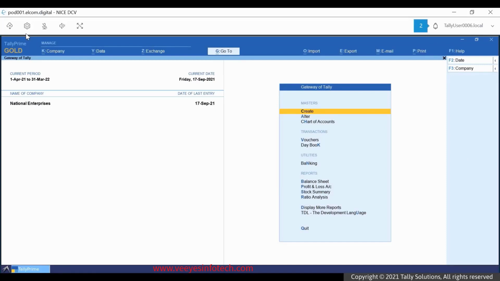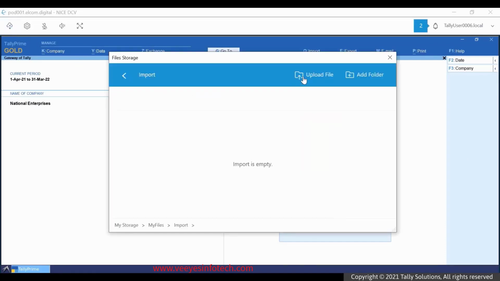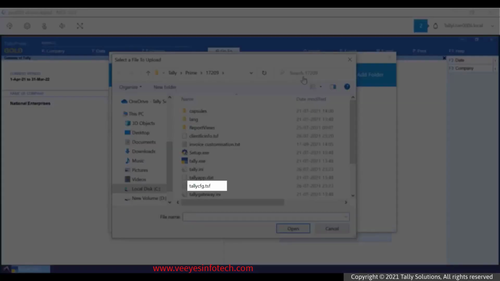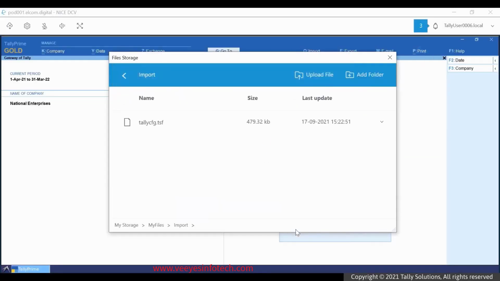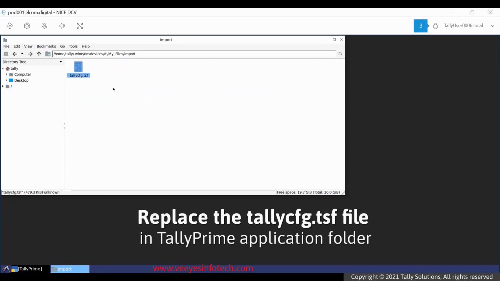And in case you wish to keep your existing configuration, copy tallycfg.tsf from your local system to your virtual machine. All the configurations from local client are implemented in the virtual machine also.